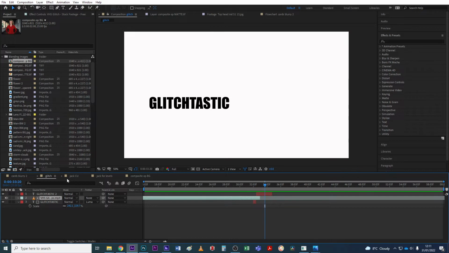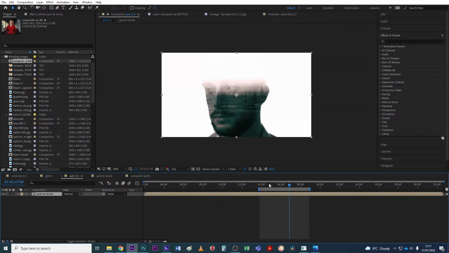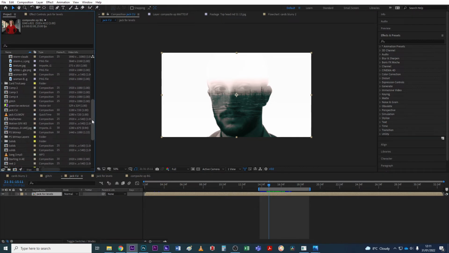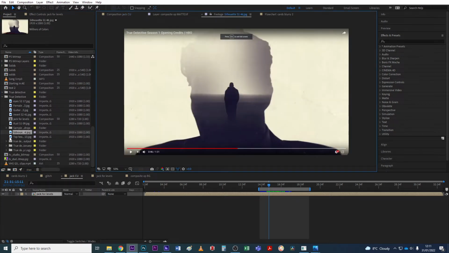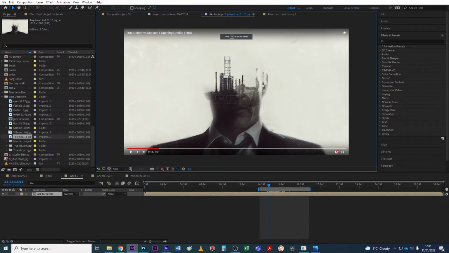And finally, we are going to look at it being used for an aesthetic double exposure effect taken from the program series True Detective. So it's kind of a cross between this one and this one. Okay, so I'm showing you different applications of the same simple effect called Trackmatte, and